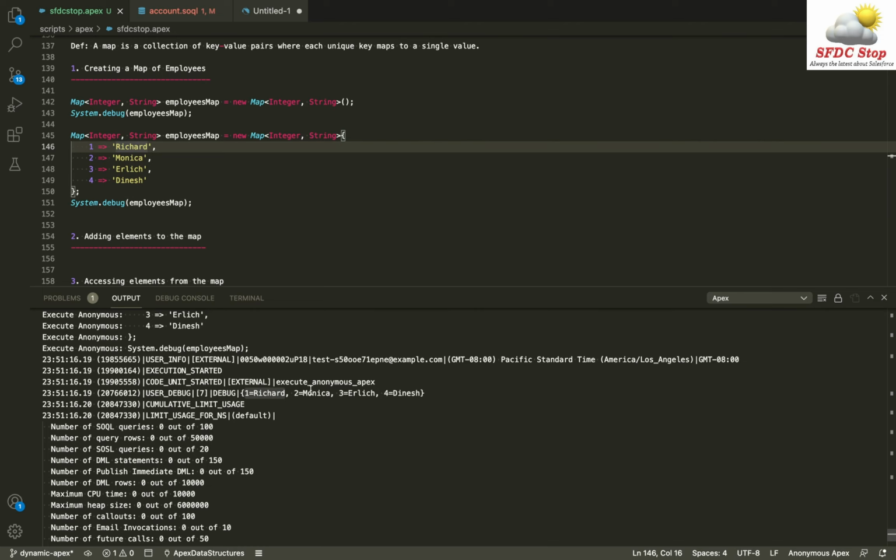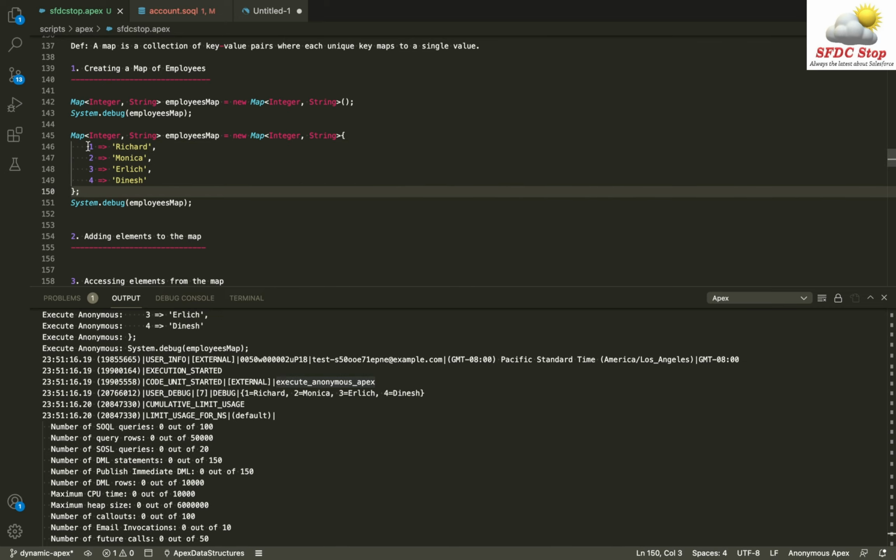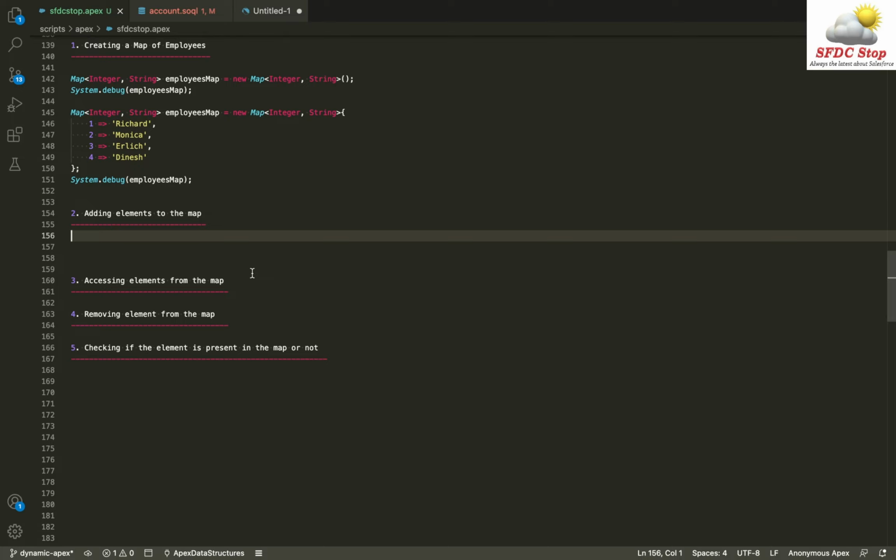So 1 is having a value as Richard, 2 employee ID is mapped to Monica, 3 employee ID is mapped to name as Arlik, and 4 employee ID is mapped to name as Dinesh. So this is how a map is created in Apex. And how can you differentiate between key and values? You can first have the key, then you can have this equal to and greater than sign, and then you can have a value. Now let's see how can we add elements inside the map.